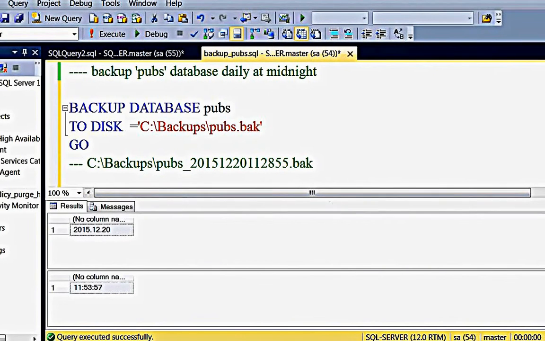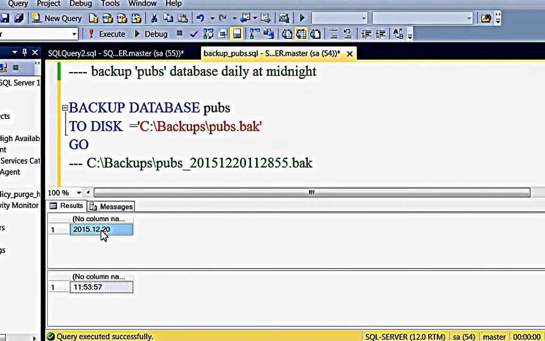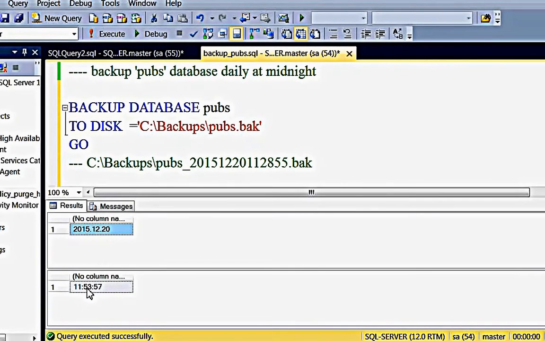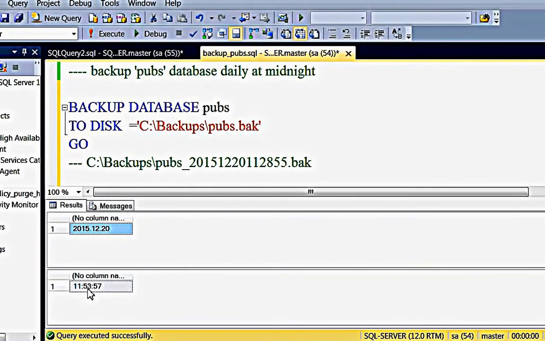See here, using getdate, the first select statement creates only the date, the second statement creates only the time. But it is using dots here, and in the client requirement we do not have any dots. In the same way, in the time we do not have any colons in the client requirement.